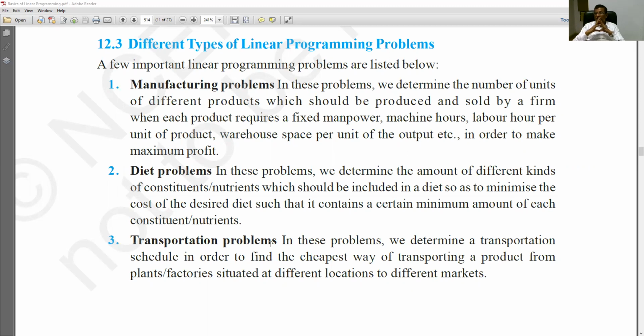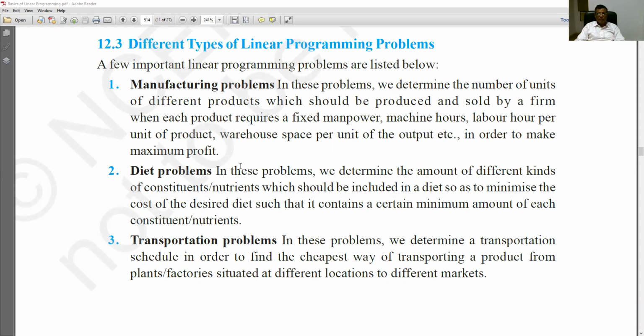Whereas the diet problem means if you are visiting a physician or a dietitian, and you are asking for some suggestion for your hospital or for your organization about what diet should be provided. In all that case, if the data is very big, then to minimize or maximize the output, and optimize the solution, you can take help of linear programming.